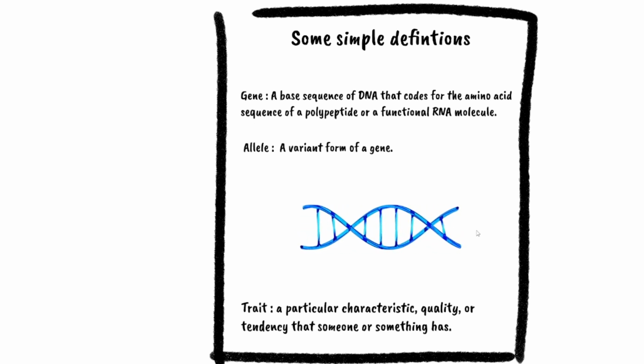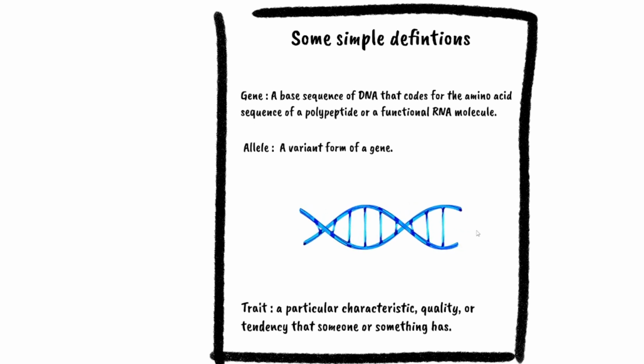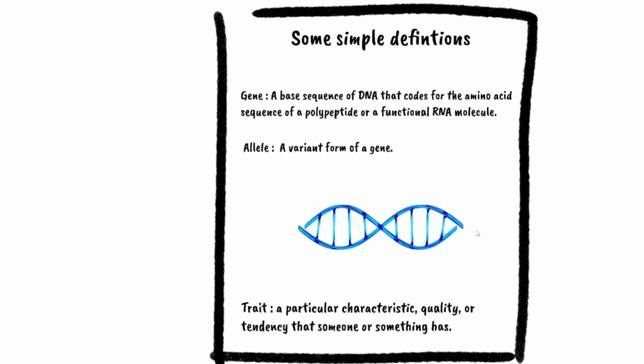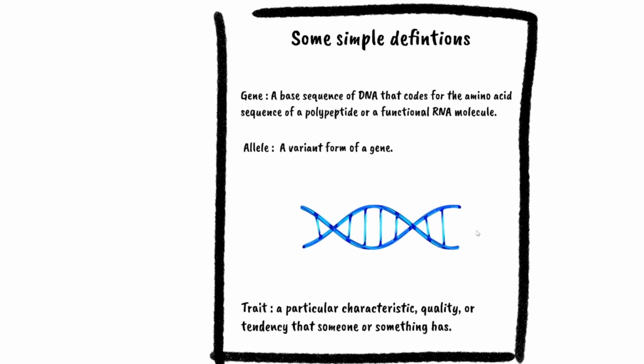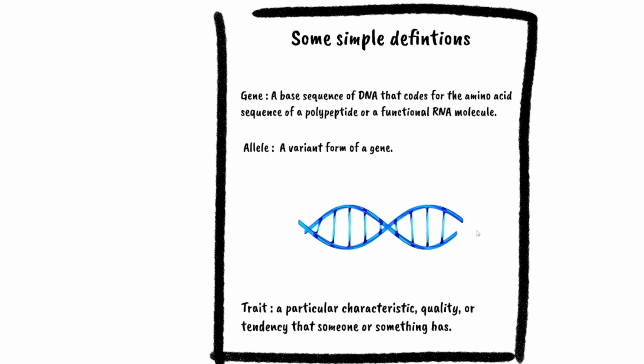For example, there can be another color which is brown for hair color. So the gene is black because it's being transferred from parents. The main color that is being expressed is black. But the allele, the variety of the gene, another type of hair color,